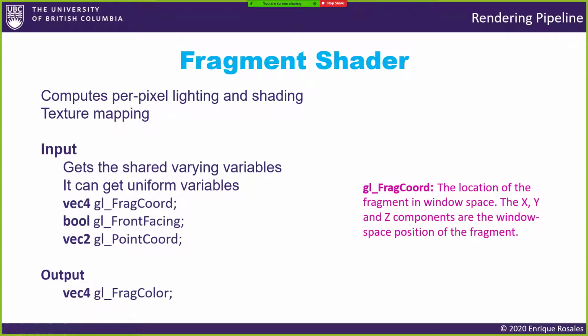Okay, so let's talk about the fragment shader now. What the fragment shader basically does is it needs to compute the per pixel, or actually per fragment, lighting and shading, and it also does the texture mapping, right? So in terms of input, the fragment shader can get the shared varying variables that you can introduce in the vertex shader. So for example, in the vertex shader, you can create a varying variable